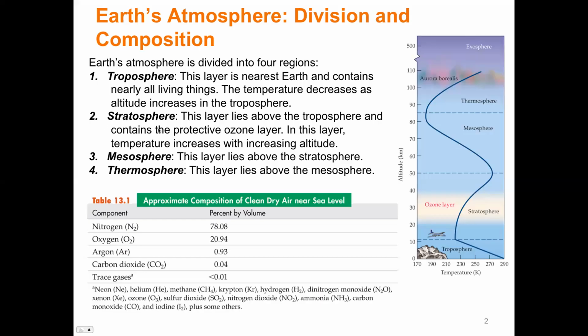Okay, now above the troposphere is the stratosphere, and this is where planes fly. You can see that here. And this is also the place where we have our protective ozone layer. All right. Here, alternatively, as you go up in altitude, the temperature is actually going to increase because now you're getting exposed to radiation from the sun, and that's going to heat that up. Now, the mesosphere is above that. Okay, so you can see where we're dealing with. You're going 50 to, I guess, 85 kilometers above the ground. And then above that is the thermosphere, all right? And now you're going up to the exosphere, which would be outer space. And here you can see where you have your auroras. They're up in the thermosphere, all right?